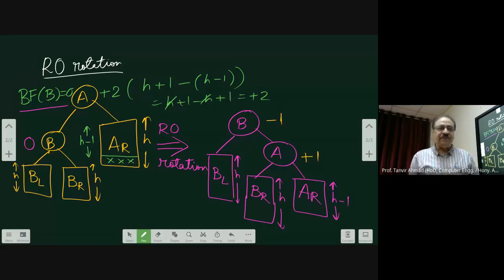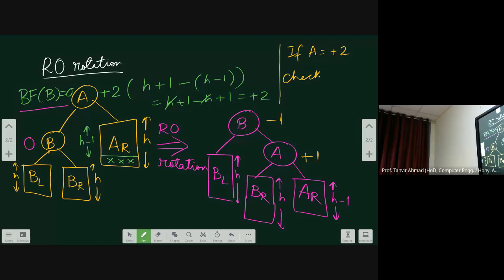Now you might ask me, why did I check the balance factor of B? Because A was having a balance factor of plus 2. That means I can say if A is equal to plus 2,